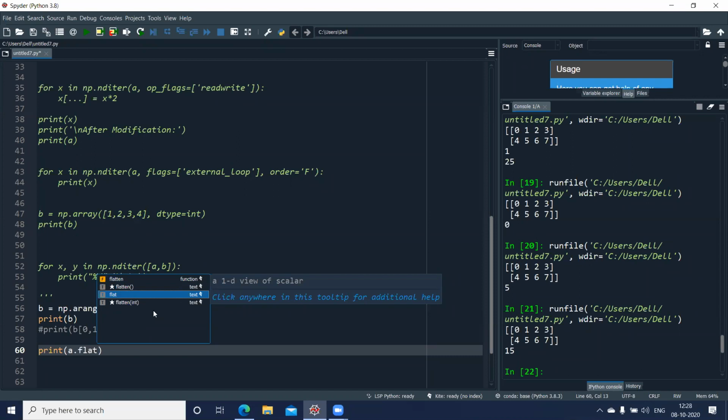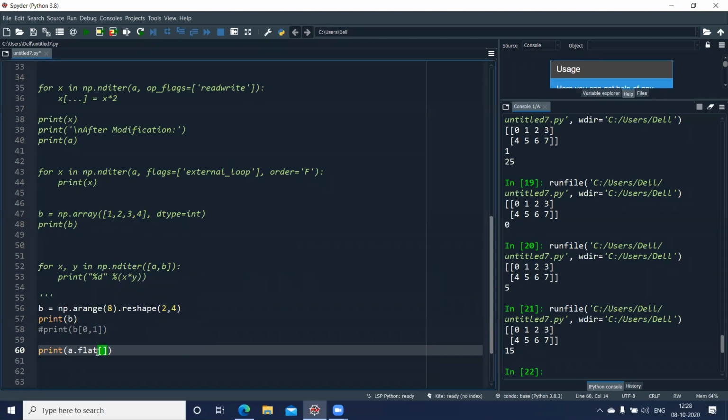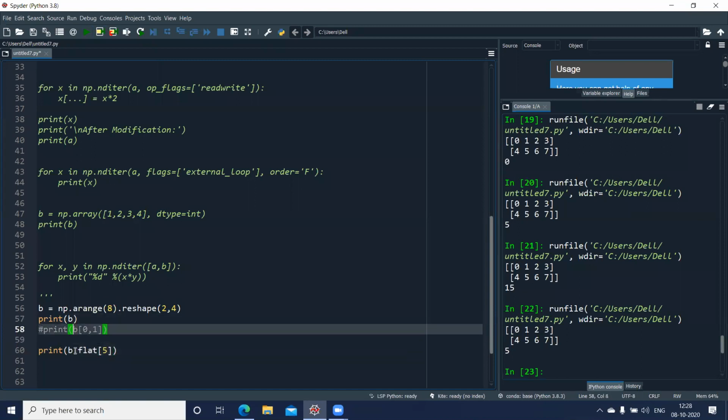So when we come next, I'll check what the issue with this flat is. Usually what should happen is it should convert my array A. Okay, sorry, we are accessing A, that's why. Fine, this is B. I'm so sorry. And we had used 5 here. Now it should work. Yeah, thank God. So this is 0, 1, 2, 3, 4, 5. Fine. And because we had used B, let us display the value of B here.